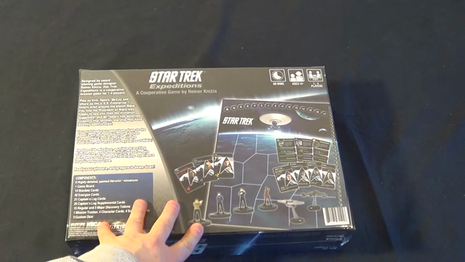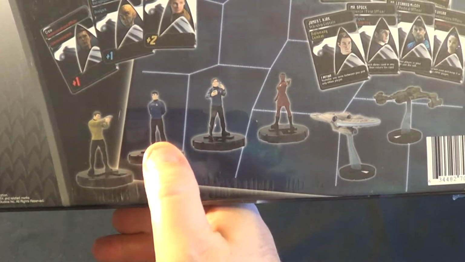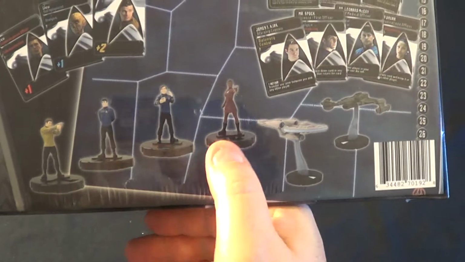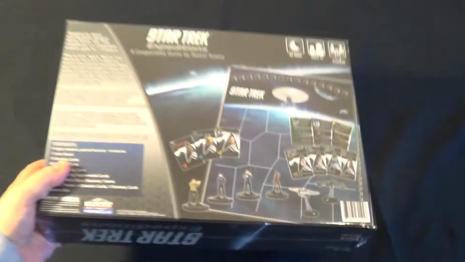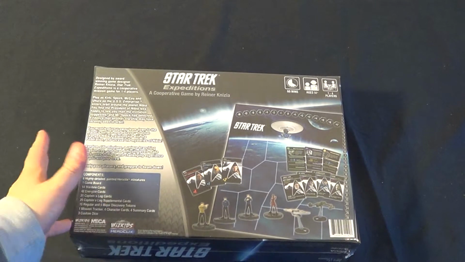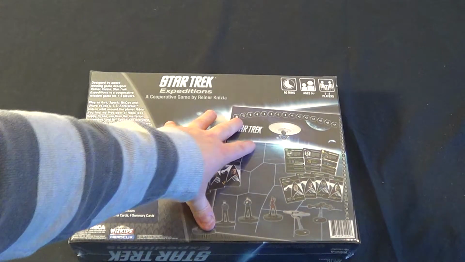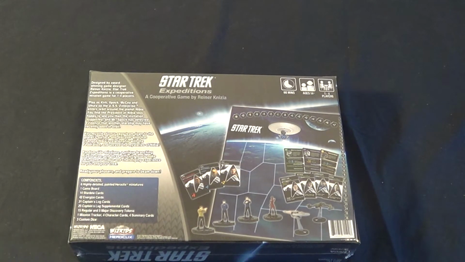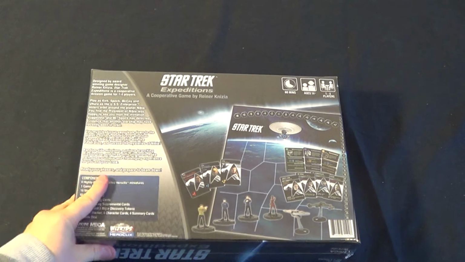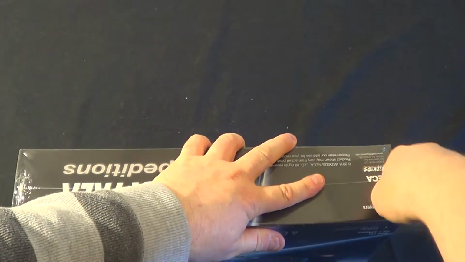So your crew, and in this you get Kirk, Spock, Bones and Uhura. You're using those to beam down to the planet and avert crisis down there, but you are also fighting a Klingon bird of prey or a Klingon battle cruiser up in orbit. So there's lots going on. So I'll try my best to get into